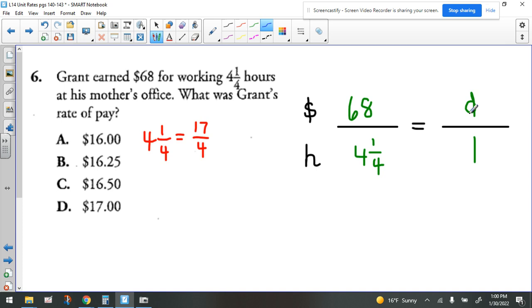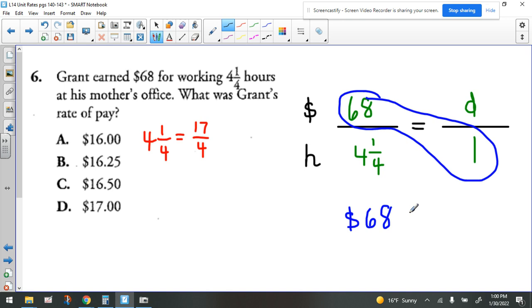So when we set up our proportion, let's have our top numbers be talking about dollars and the denominators be talking about hours. And this is the ratio that's given, the 68 to 4 1/4. Now we have a couple of ways that we can consider solving this, but let's try the idea of using cross products. So this cross product right here would be 68 times 1, which we can do in our head. That would be 68,